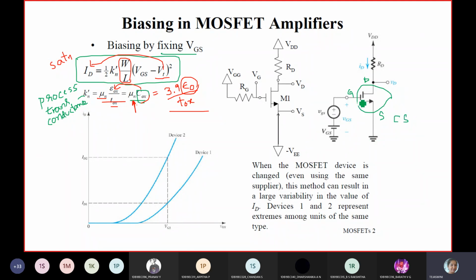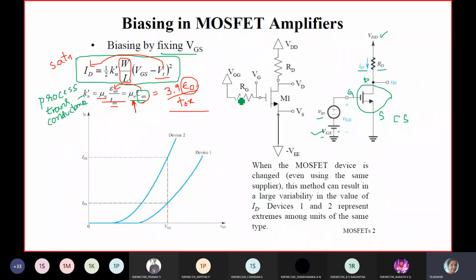We are giving input to the gate. Here vgs is a small signal and it is the bias DC voltage capital VGS. Now don't worry about it, I will explain it again when we cover small signal operation. The output is taken at the drain terminal, and we apply a supply voltage VDD through a resistor RD. The current flowing through the drain is ID.